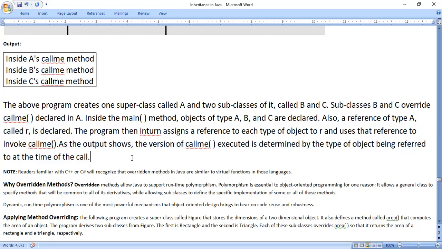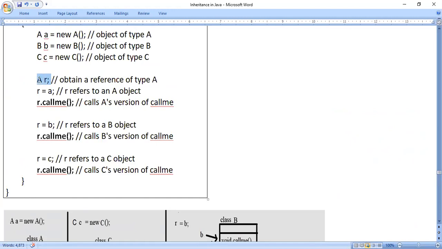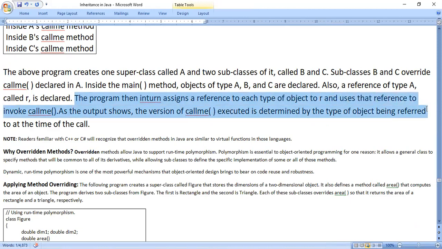So here what we have to understand is that even though I have created a reference variable R of class A, whenever you refer to the actual object, depending on that object, the method is called. That is the important thing here, and they are telling that only. The program assigns a reference to each type of object to R and uses that reference to invoke the call me method.